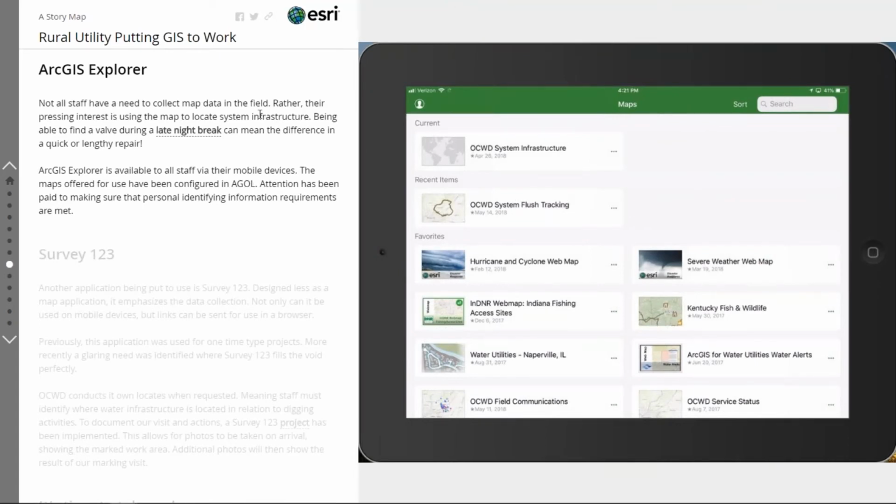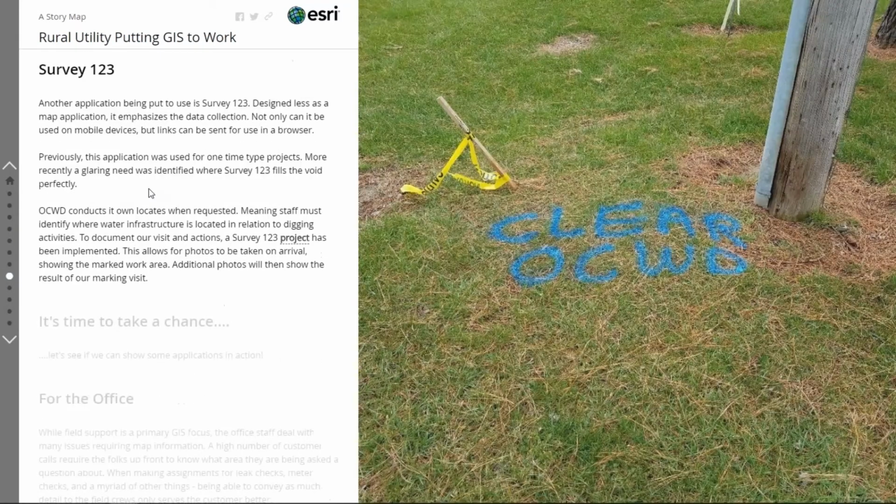This is the Explorer piece where we present maps to our folks that have not necessarily been trained in collection or using Collector, and it helps isolate folks from potentially contaminating the data in Collector by using it as a reference map. These are static in the sense that you cannot update, and that's what we leverage the Explorer application for. It is available on our iPads or our cell phones to all the staff here at Oldham County. Survey 123,